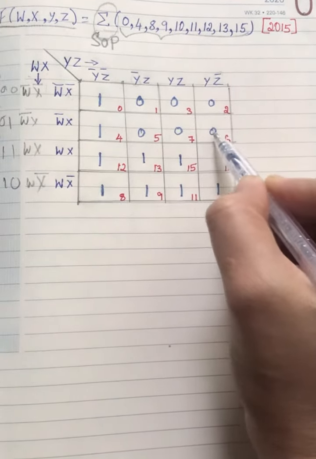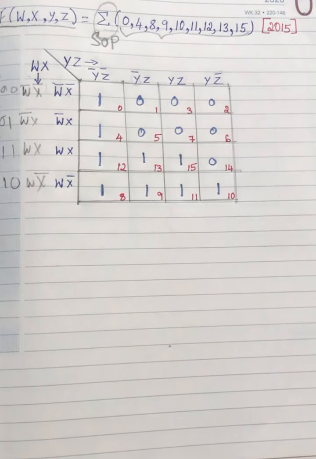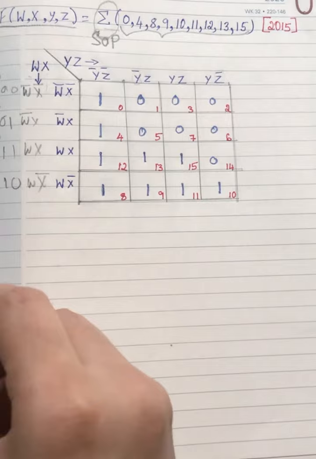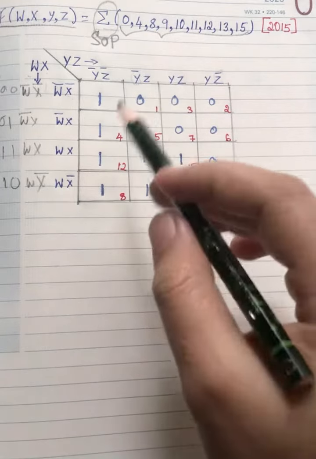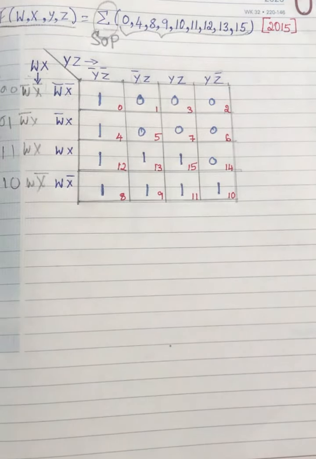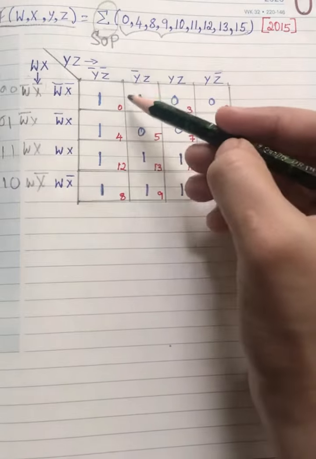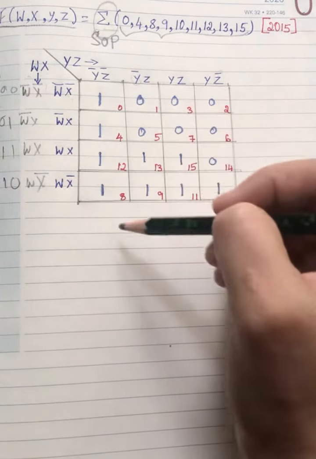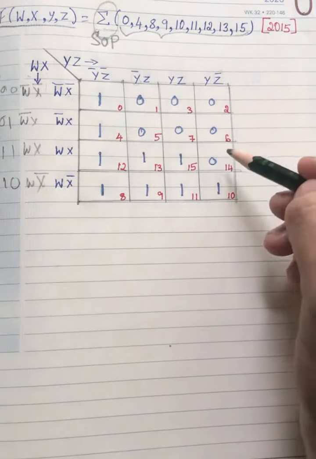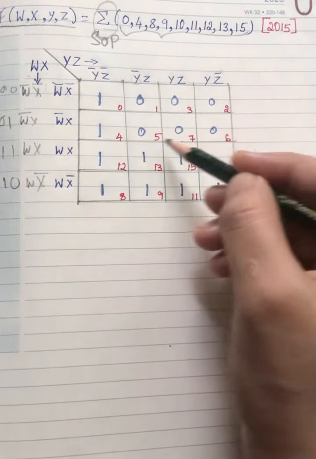This is the next rule. Now next comes the grouping. First, while grouping, you should see whether you have an octal. Octal means 8. Here we don't have 8 continuously. If 1 and 1 were there, you can group it as octal. Here, if it is 1, then you can group it as octal.